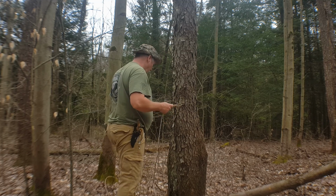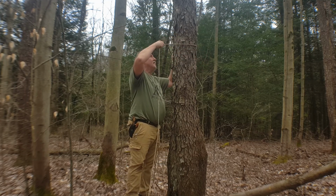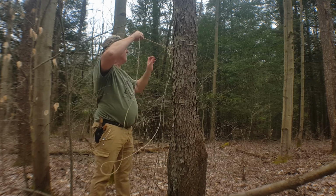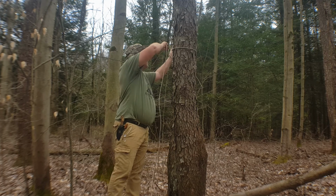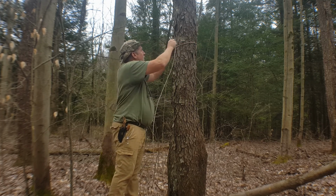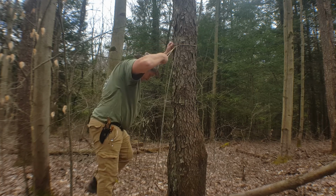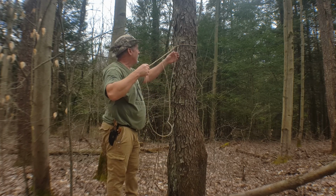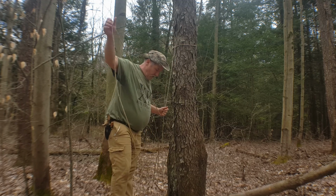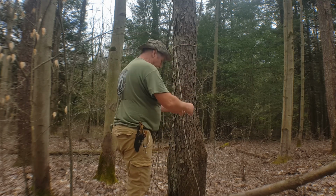Make a loop. And get it about the same height as the other end of your ridgeline tree. Okay. I mean, I could have used 550 paracord, but that stuff is expensive. I mean, it's nice stuff, but